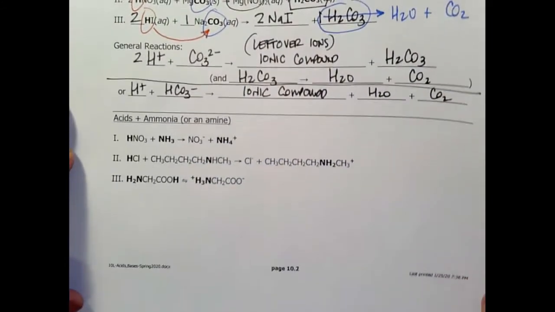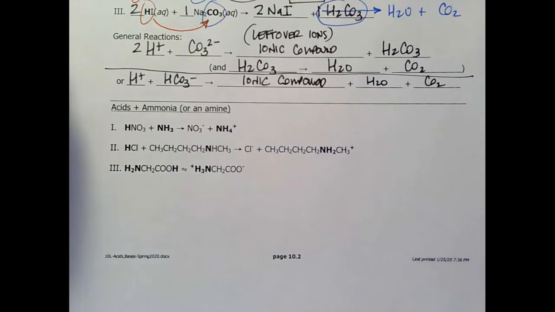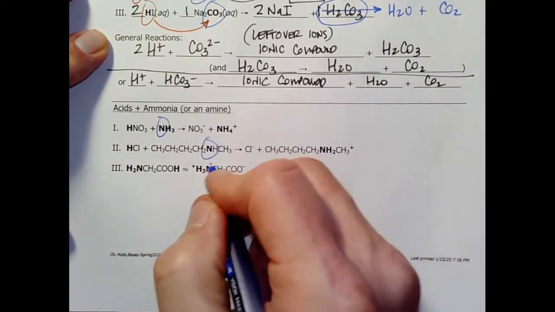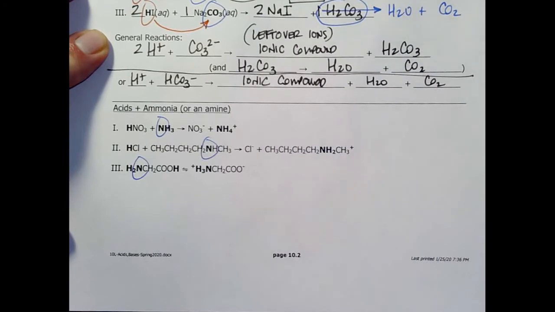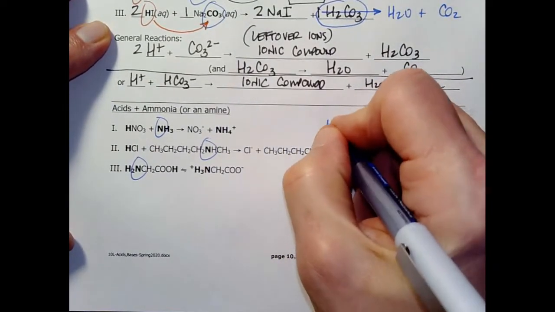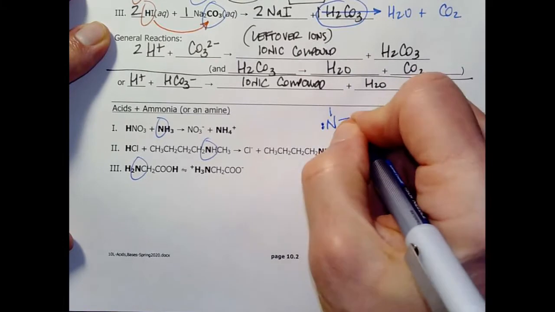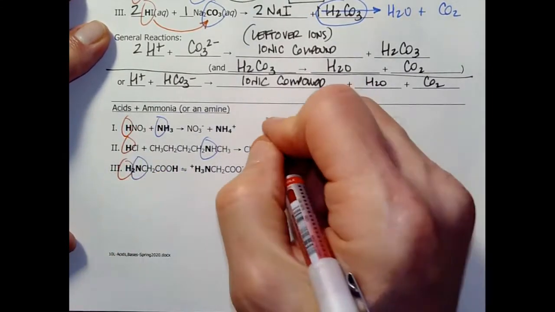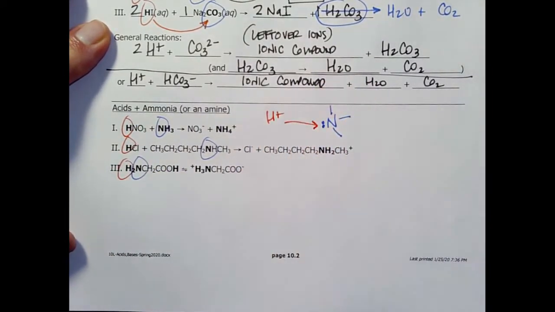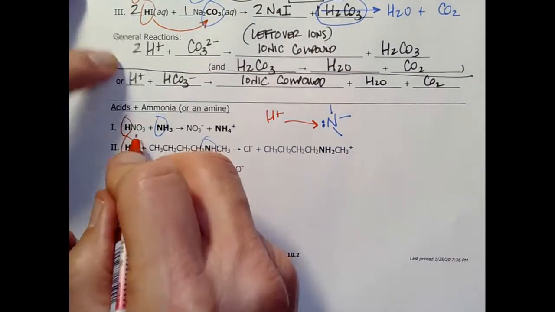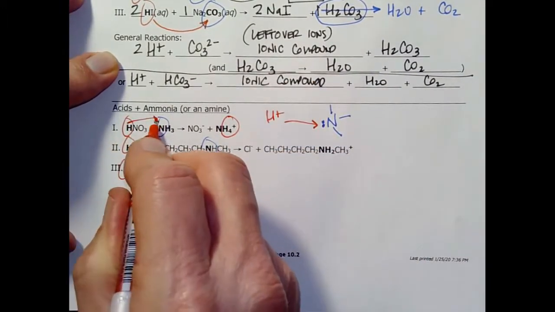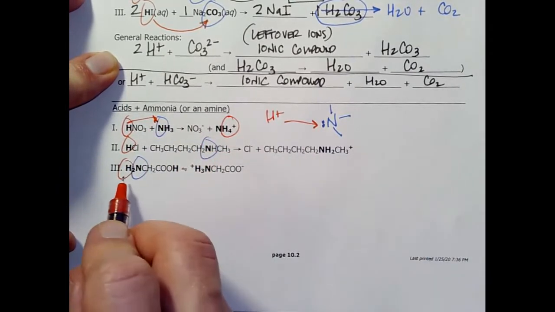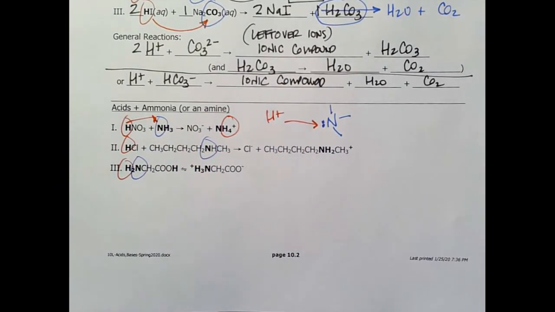Now, here's something new. If I think about all these nitrogen, if I were to draw this, I'd have some variation of this. Over here I've got H plus, H plus, H plus. Well, guess what? The H plus is going to stick there. And I see it right here. Oh, there's an extra H plus. There's an extra H plus. There's an extra H plus. So this last definition is just,